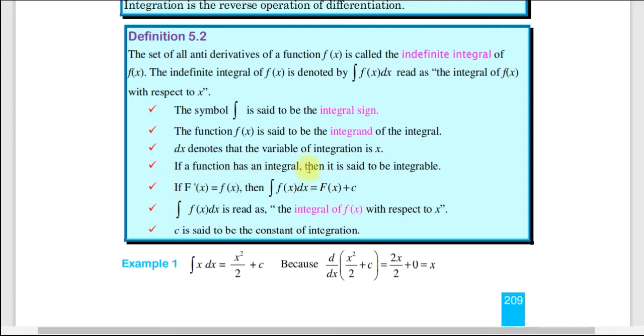ሌላኛው ደግሞ if a function has an integral then it is said to be integrable ይባላል። If a function has an integral ካለው ያ function is said to be integrable፤ ልክ በዲፈረንሺዬሽን differentiable እንዳልነው በኢንተግሬሽን integrable እንላለን። If capital F prime at x is equal to f of x, then the integration of f of x with respect to x is equal to capital F of x plus c, c is a constant, okay ብለን ኤክስፕረስ ማድረግ እንችላለን። ሌላው ደግሞ the integration of f of x dx is read as the integral of f of x with respect to x ተብሎ ይነበባል ይለናል። መጨረሻ ላይ c is said to be a constant of the integration፣ እዚህ ላይ የምትዋ c constant ነች ማለት ነው።